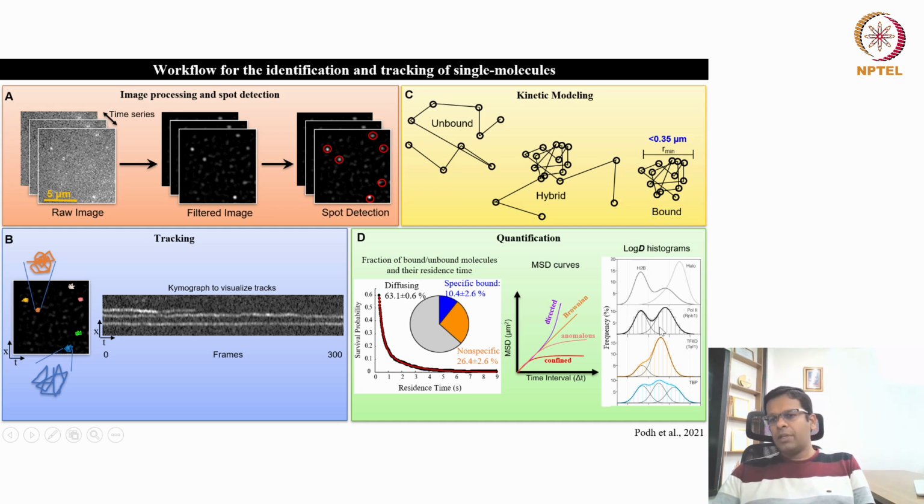And for any protein, if you track the diffusion coefficient, you can see different populations. Let's say for TBP, the TATA-binding protein, there are three populations of that protein present. One is tightly bound, another is intermediate bound, and the third is the diffusing molecule. So maybe these two populations, tightly bound and intermediate bound, may have two different biological functions. And that's why that protein showed a total of three populations.